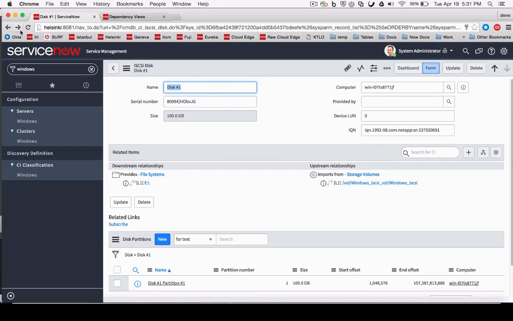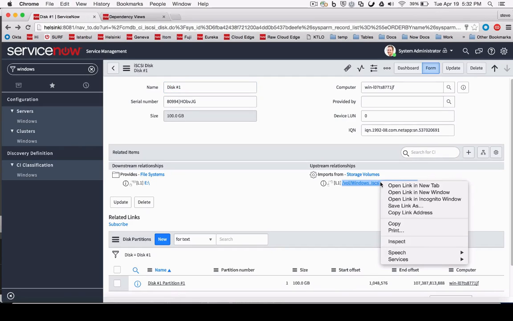Right, right. So you can also see here that there's a file system on top of the disk. Just to reiterate that a file system and a disk are different things. All right. So E is what is being represented from the host side, but it's using the volume that's showing on the right side. And if I can drill into this volume, I imagine, yes, right, and I should be able to